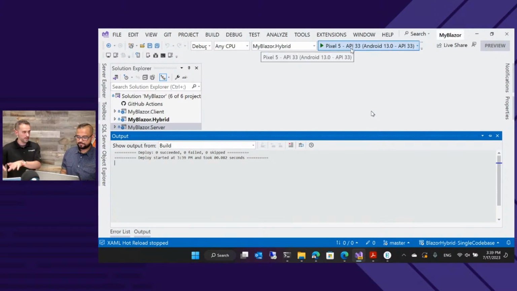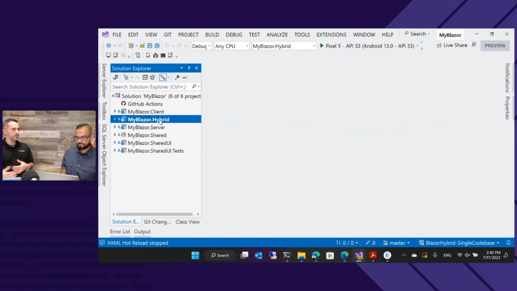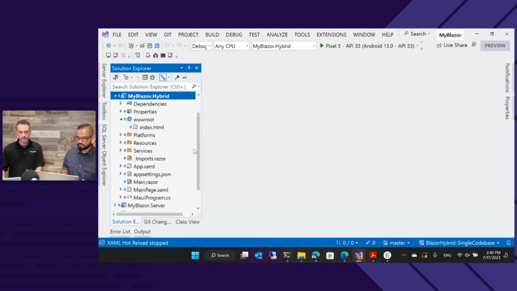Or you can do dotnet run. You can come back over here, you can start it from over here. But you want to make sure you start your server first and it's running in the background. Otherwise, you're going to get pages that fail, and you're going to be like, what's going on? Also, people might have a web API on a separate project altogether that serves up the same APIs for data to your web apps and your native apps. So however you want to do it.